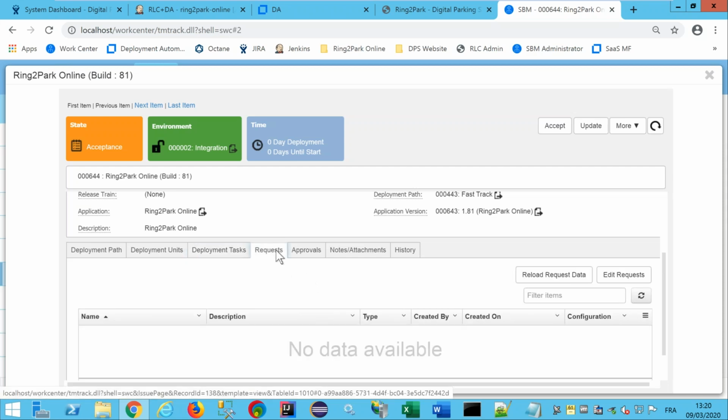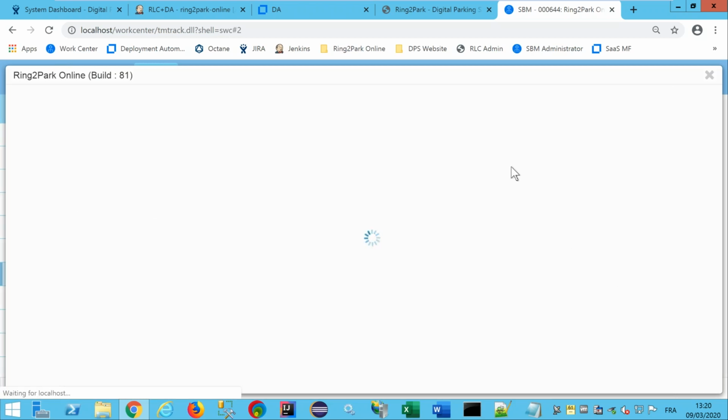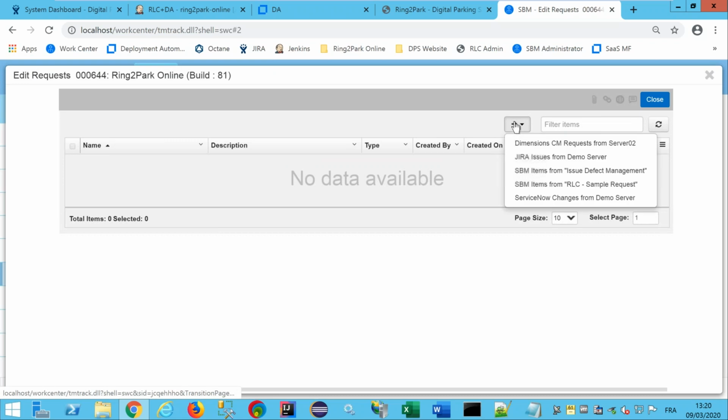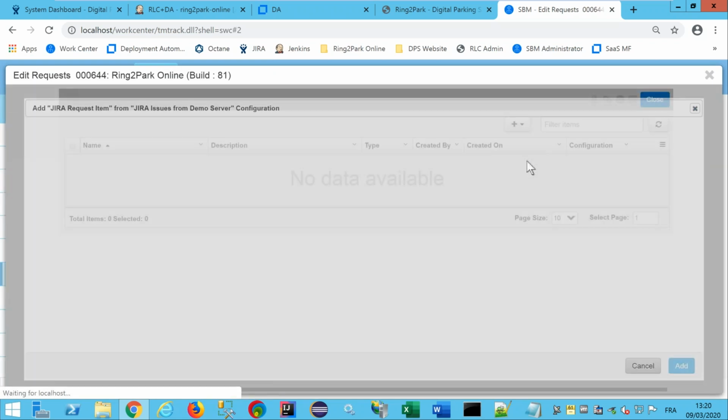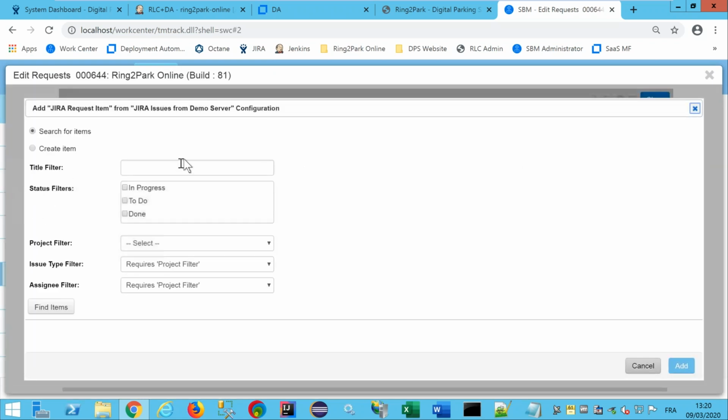In this tab, it's not mandatory, but for traceability purposes, you can add your Jira ticket or your ServiceNow ticket to provide the context of the modification you want to deploy. So for instance, you can add a Jira ticket. You can use the Jira provider here. If I remember well, there is "comments" in the title of the ticket.